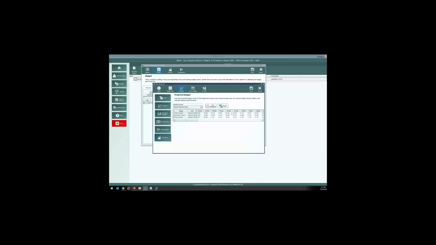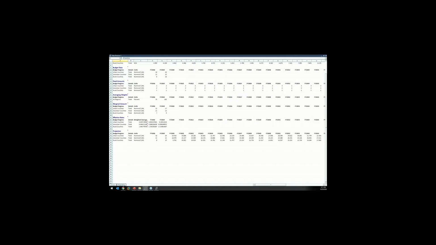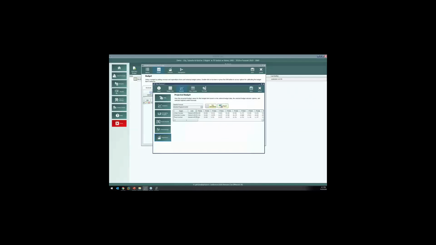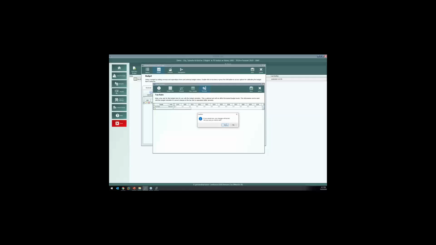This gives you a projection for that budget item based off of the control forecast. And then we even put a little spreadsheet tool in here so that you can look to see what the calculations were and see exactly how the different things were calculated, so you can better understand what's going on. Similar sort of thing, policy variables just give you a little bit more information in there about how that works.